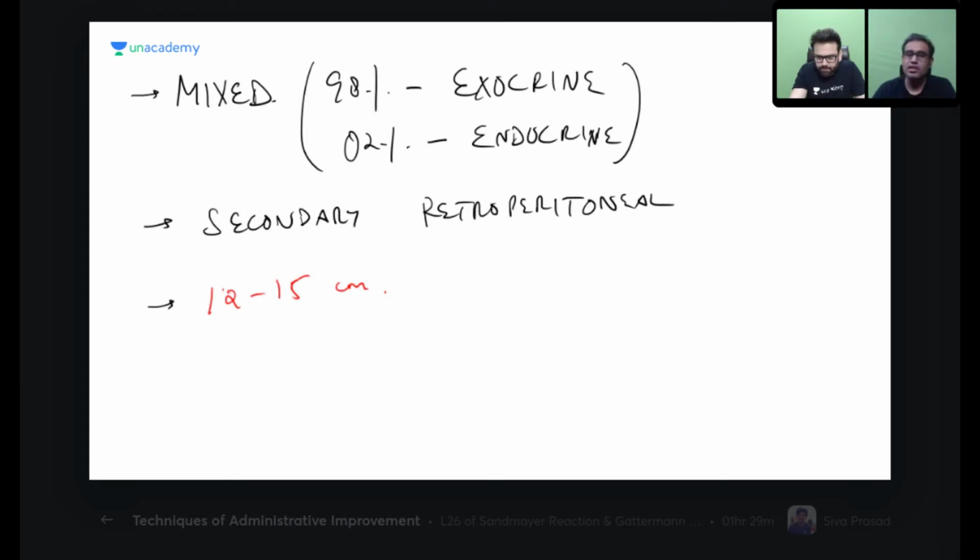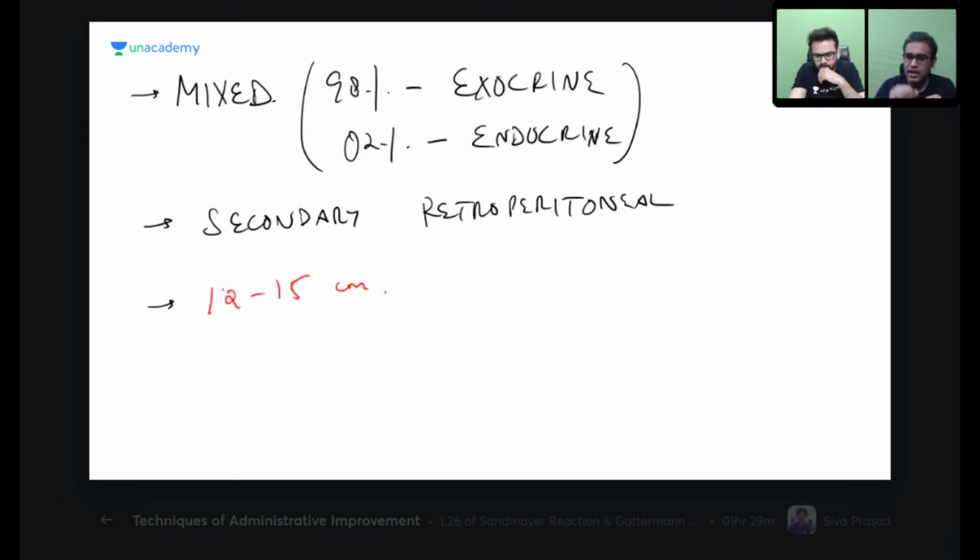Now, what do we mean by secondary retroperitoneal? Retroperitoneal means behind the peritoneum. We have been teaching you for quite some time what peritoneum is, what retro and intra mean, but try to understand again. Retro means behind the peritoneum. The organs which are retroperitoneal from the beginning, for example the kidneys and ureter, were behind the peritoneum from when they were formed, and we call them primary retroperitoneal. And some organs, initially intraperitoneal, were pushed behind due to the filling of the abdominal spaces by abdominal viscera.